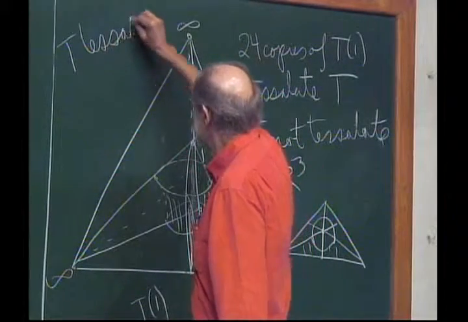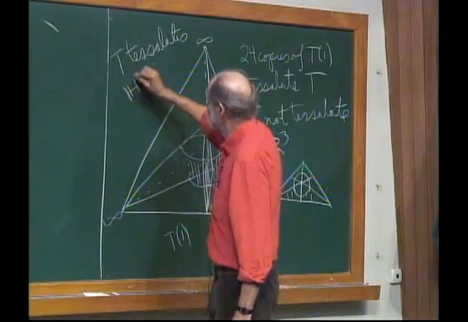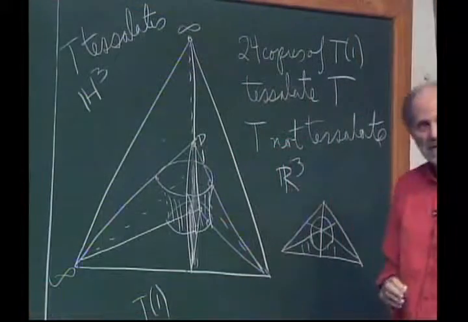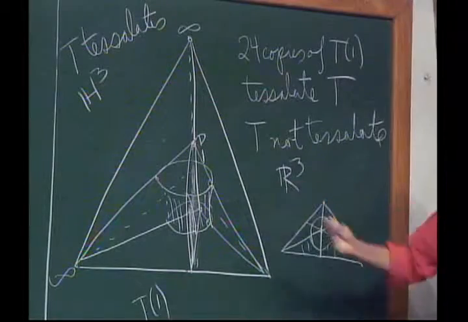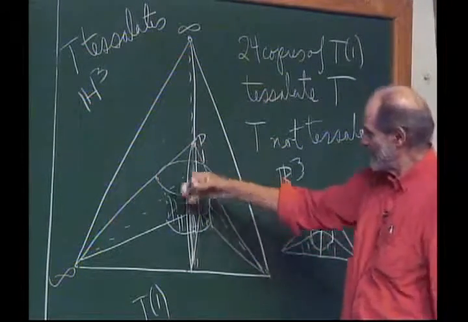This really surprised me, but it's true. T tessellates H3. When you take this regular tetrahedron, do all these symmetries by the sides, you get a tessellation of hyperbolic 3-space. Now this surface here, when you think about doing this,